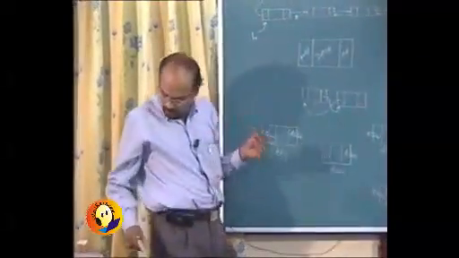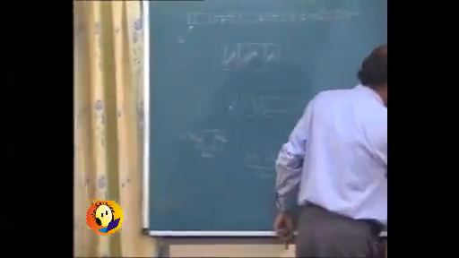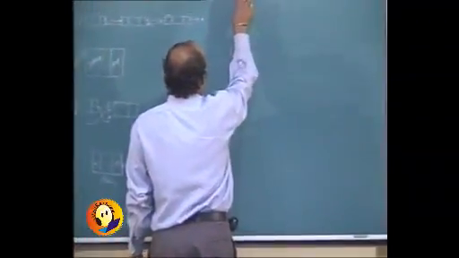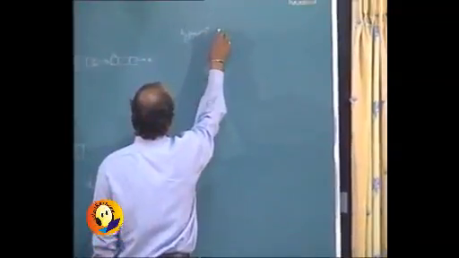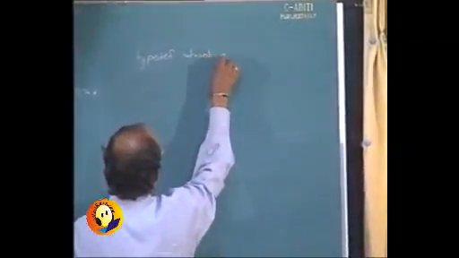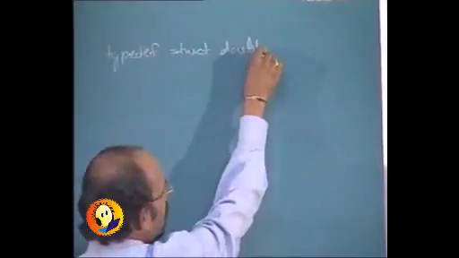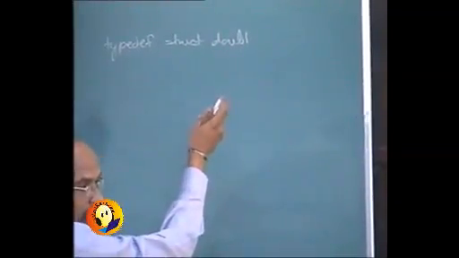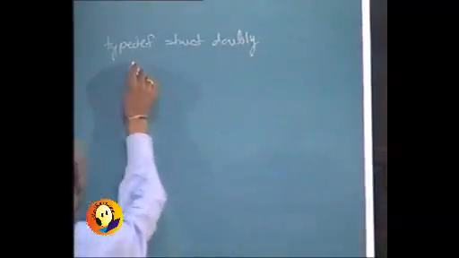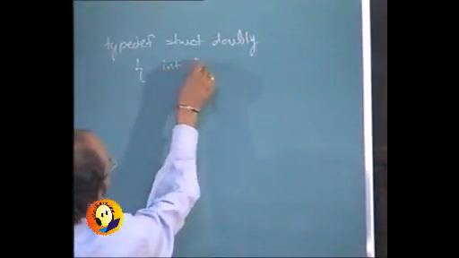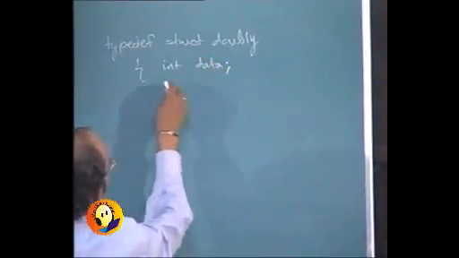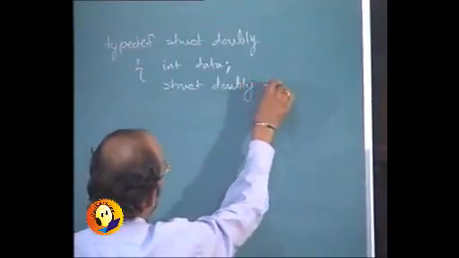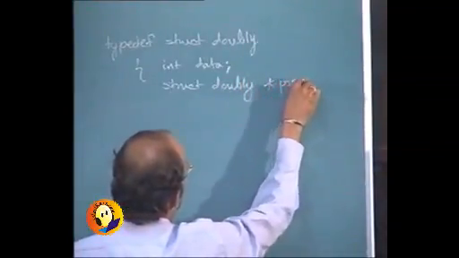Got it? Now, the structure for it. It is going to be typedef struct. क्या लिखूं? What should I write? Not double because it is keyword. int data, and it will be struct doubly star previous